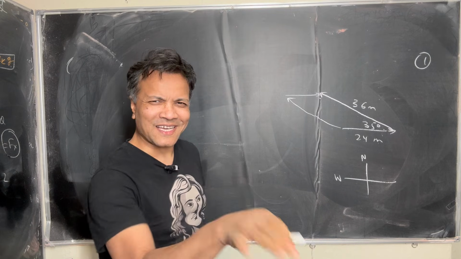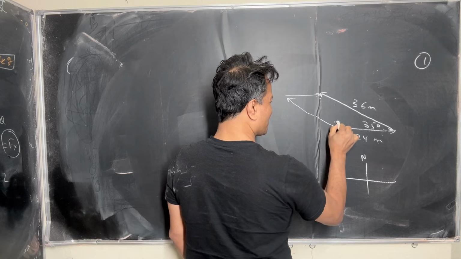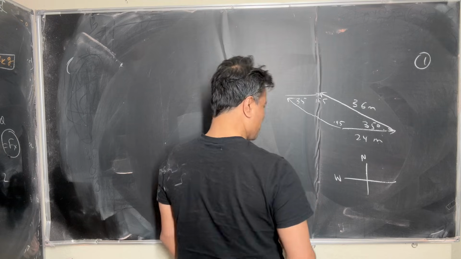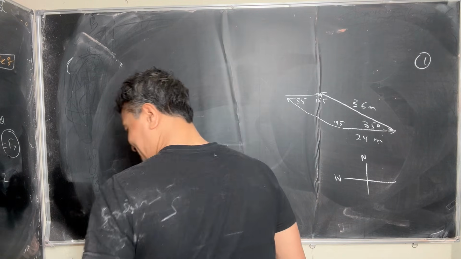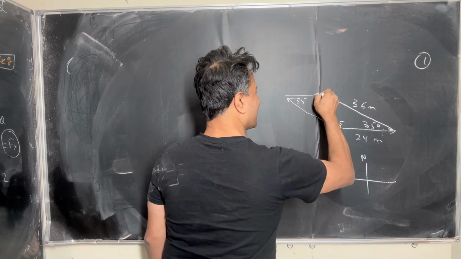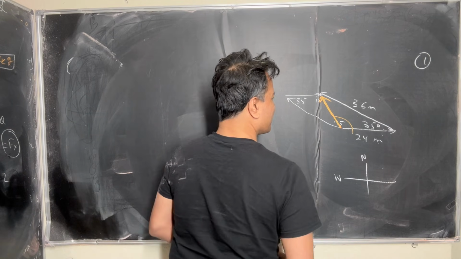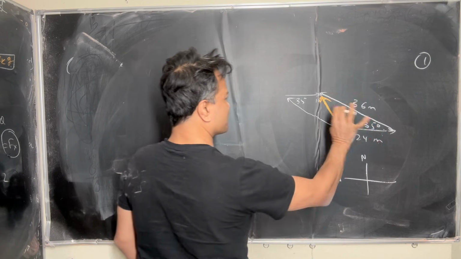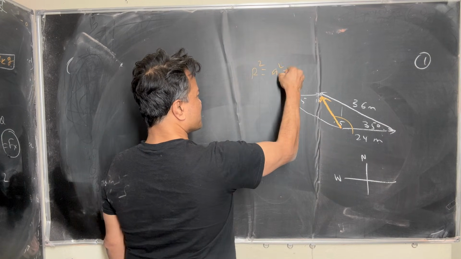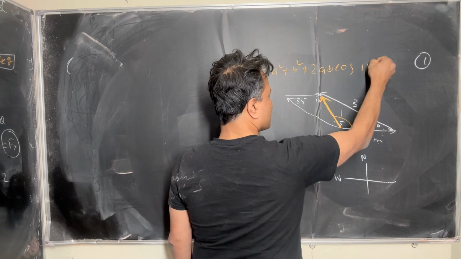I'm going to draw it to scale on the paper, so then you're going to understand it better. So this is 145, this is 145, this is 35. This is the result, and I'm going to use the red color. This is a little bit more than 90 degrees. 90 degrees would be this, and this is a little bit more than 90 degrees, but this is the resultant, and the resultant is r squared equals a squared plus b squared plus 2ab cosine 145,